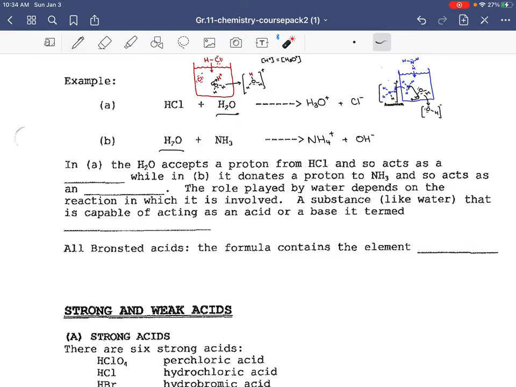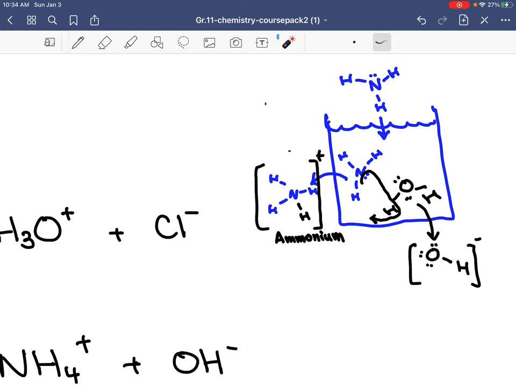That's strange, but that's true. So let's write this down. In A, water accepts a proton from HCl, so it acts as a base. So water is acting like a base. While in B, if you look at reaction B right here, water in this case